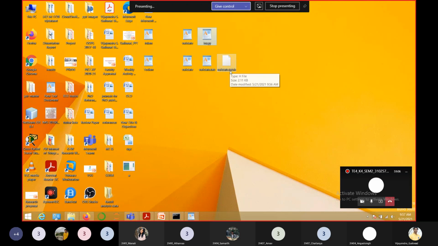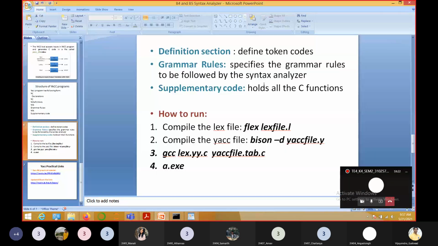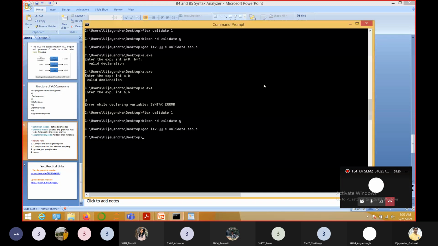Along with that, the validate.tab.h file was also created. Understood? Now, once we run GCC, we get this output file, a.out or a.exe. Now, the only task is to run that exe file. So, a.exe.